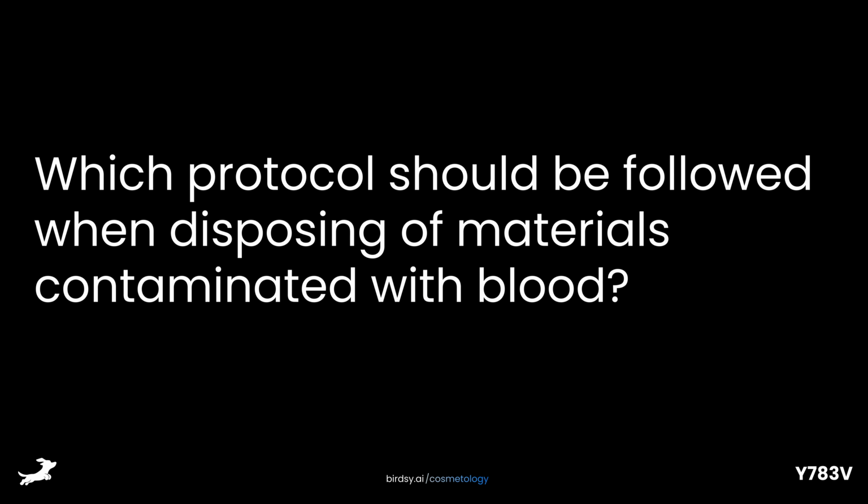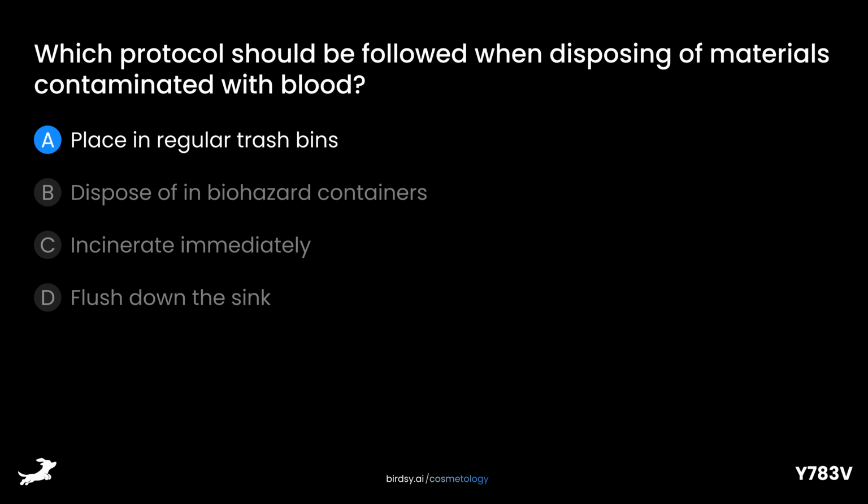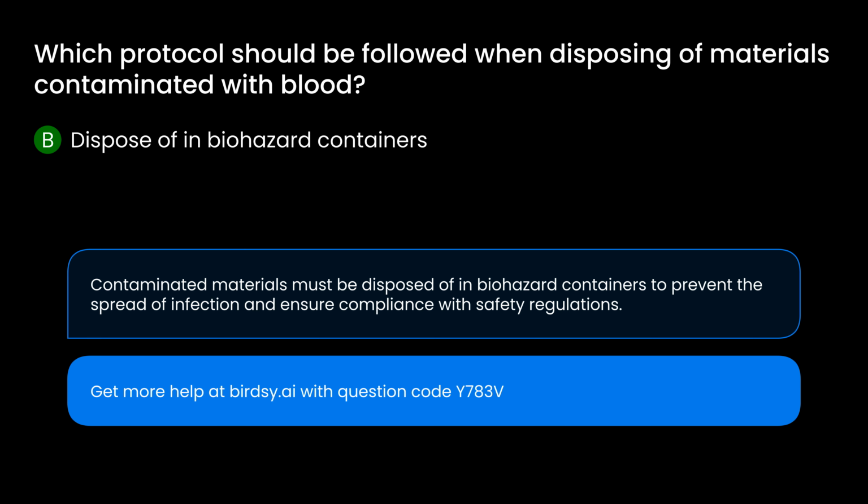Which protocol should be followed when disposing of materials contaminated with blood? Is it A, place in regular trash bins, B, dispose of in biohazard containers, C, incinerate immediately, or D, flush down the sink? The answer is B, dispose of in biohazard containers. Contaminated materials must be disposed of in biohazard containers to prevent the spread of infection and ensure compliance with safety